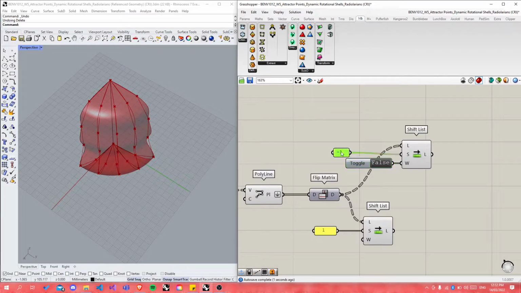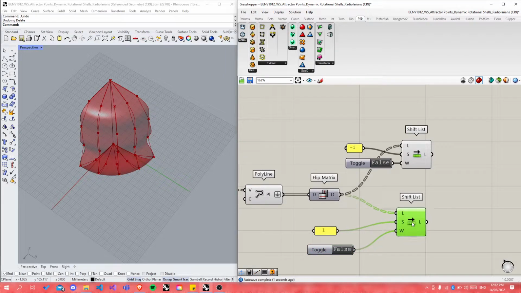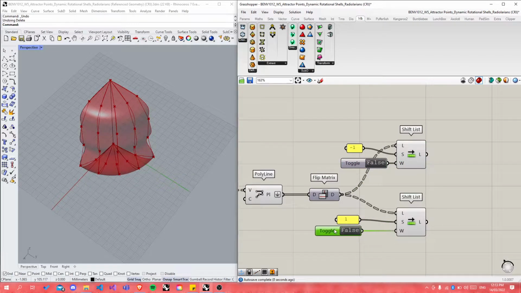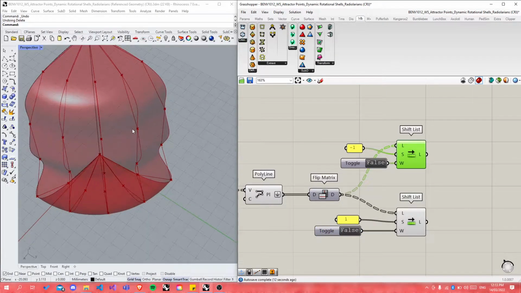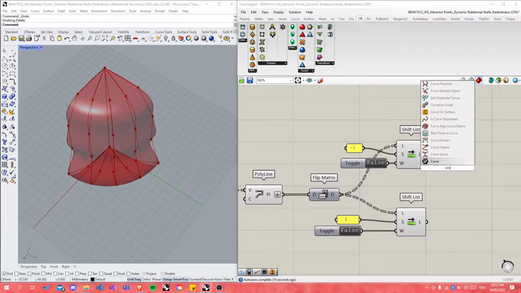So we basically just want to create 2 lists. Each of them has a different start point and a different end point. So essentially, if we highlight this top one, you can see, if I plug in curve,